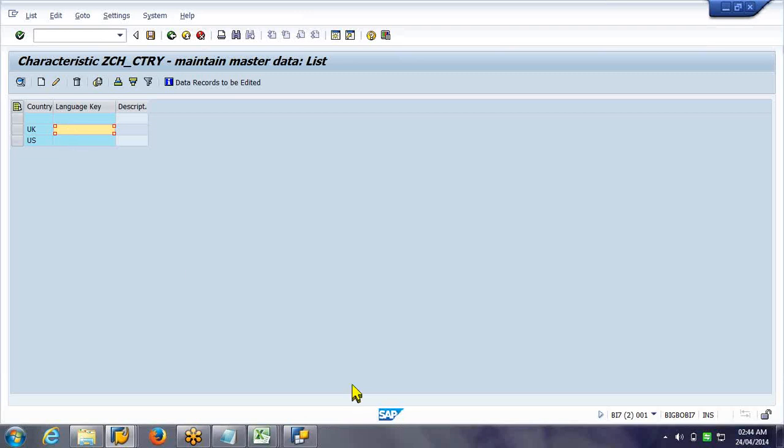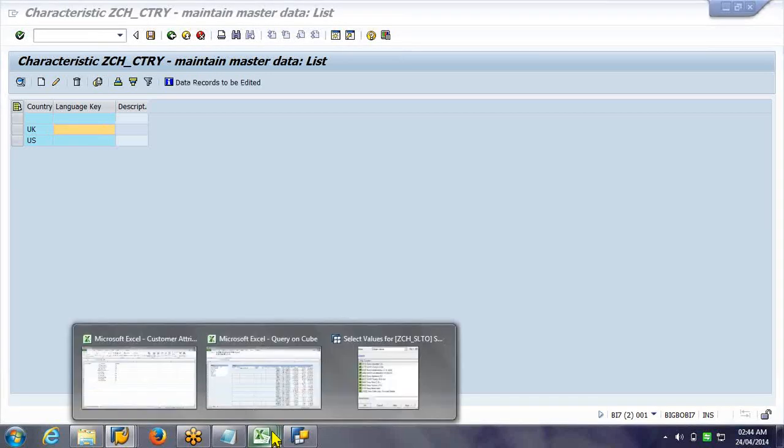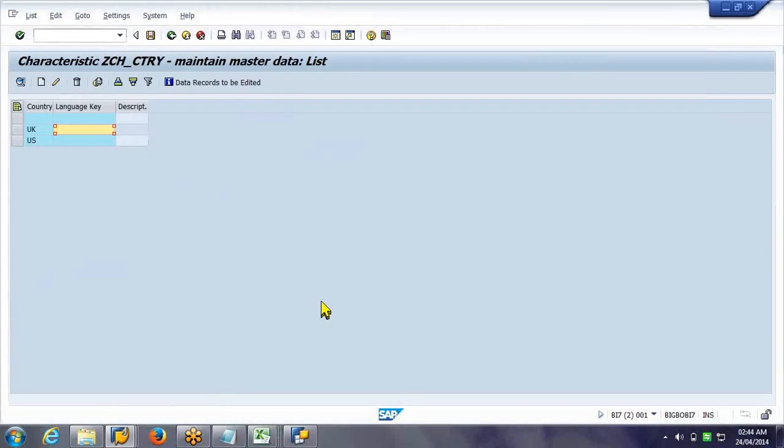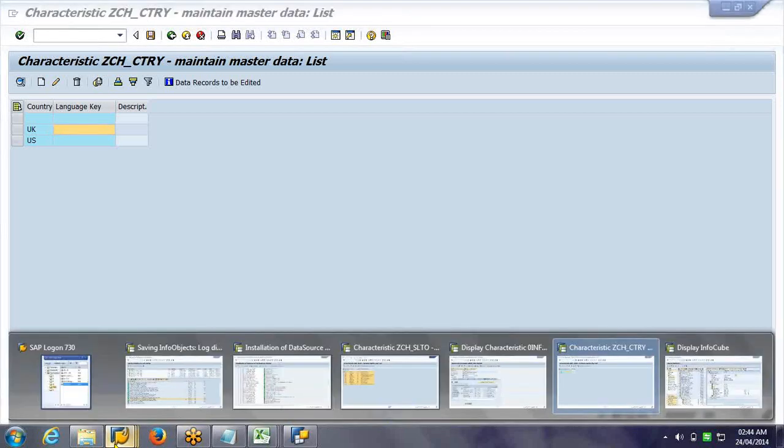Let us see. Now, since we have switched on the navigational attribute, we can't see the navigational attribute property immediately. We have to switch it on at the info provider level also.